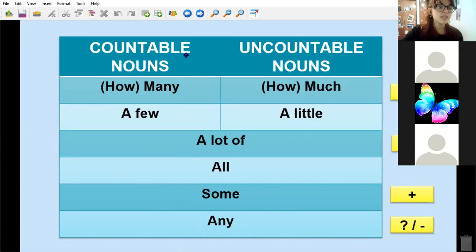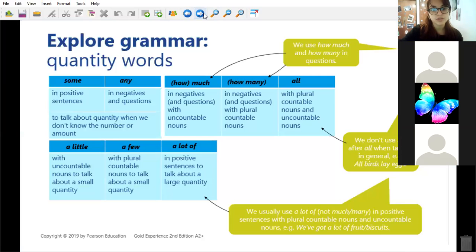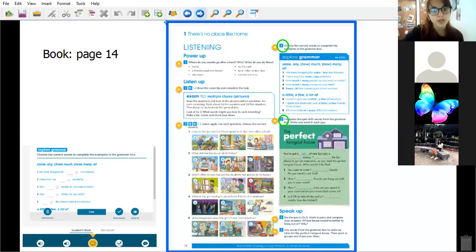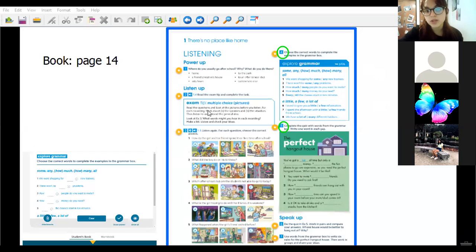Does this chart help you or does it confuse you? Which one do you like best of the two presentations? This one or this one? This one, so I know where to go back to if we have to look for theory. So are you ready to start working with this? Okay, go to the book, page 14. It looks like this. And the rest of us are going to be going to the web page.